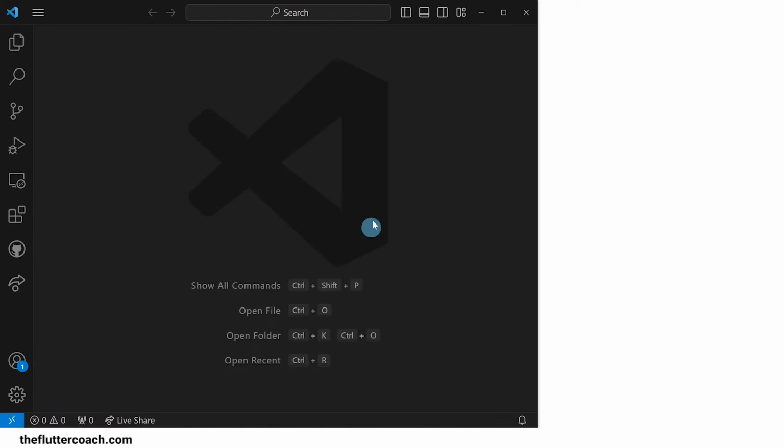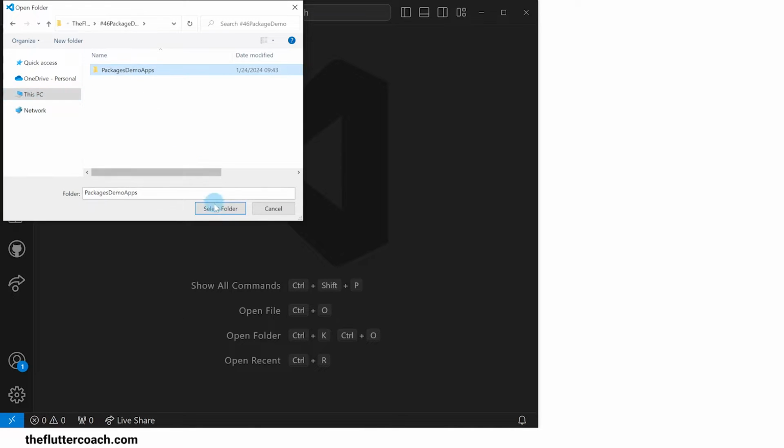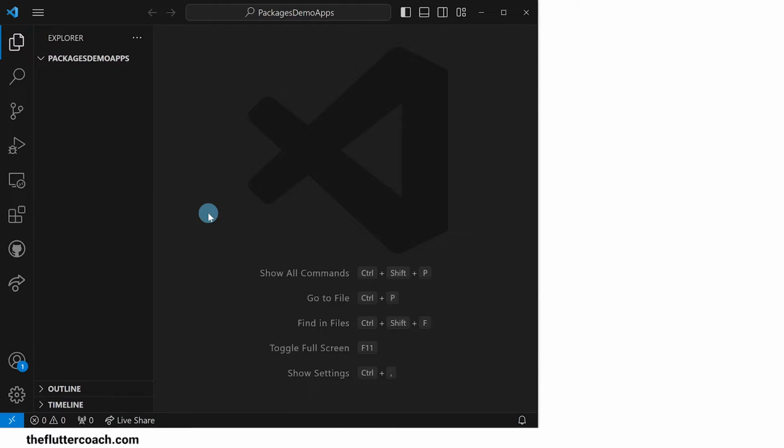I'm going to do this demo in Visual Studio Code. So the first thing I'll do is create a new project. I'll go to this menu here, go to the file option, and open the folder that I created specifically for this project. We will have 2 Flutter projects inside this folder. The first will be for demonstrating package installation through the pubspec.yaml file, and the second project will be for demonstrating